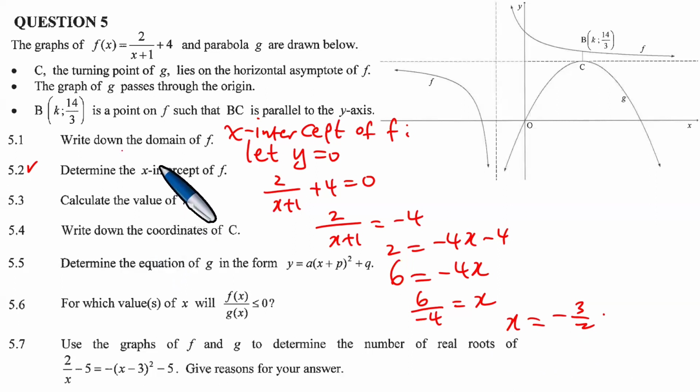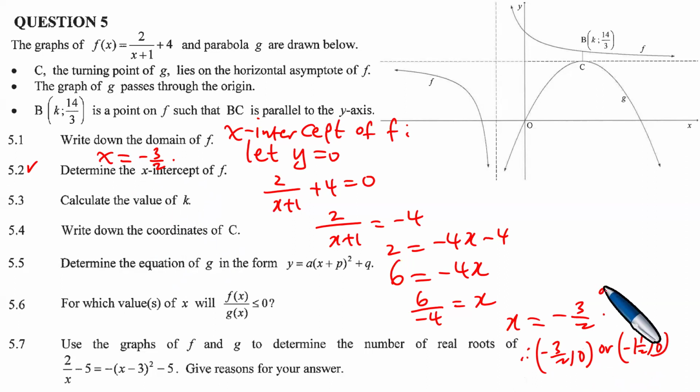The x-intercept of f, therefore, is x equals -3 over 2, and that is the answer. This can also be written in different ways. You can say x is -3 over 2 and y is 0, or you can say it's -1.5 and 0, or x is -1 and 1/2. Next, we